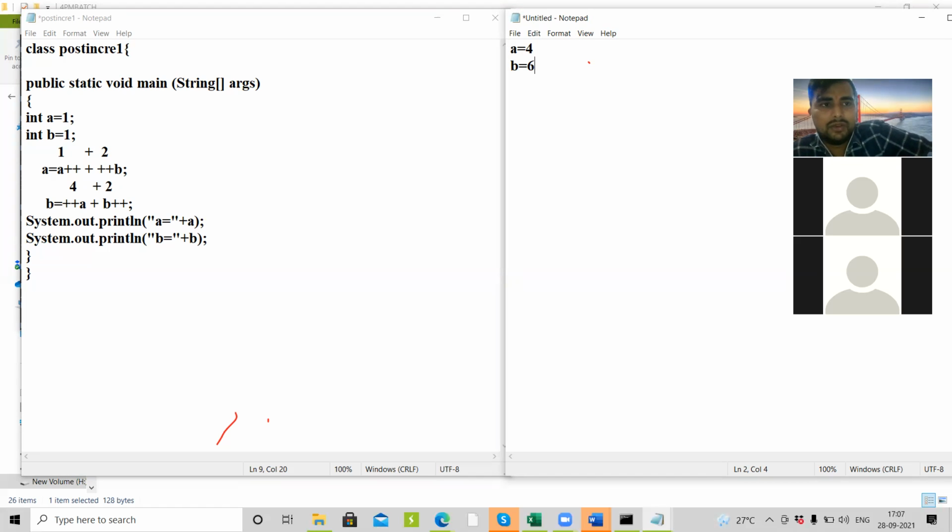Got it. Cool. So I'm going to give some 2-3 examples like this expression. I have explained here with 2 variables, and now I'm going to give 3 variables, 4 variables. You have to try at least. I am here to explain, no worries, but I want you to try. Same logic is there, pre and post. Pre means first increase by 1 and then assign the new value to the variable. Post means first assign and then increase.